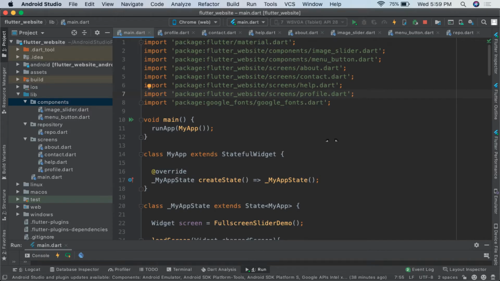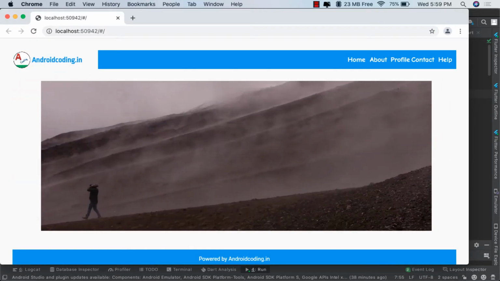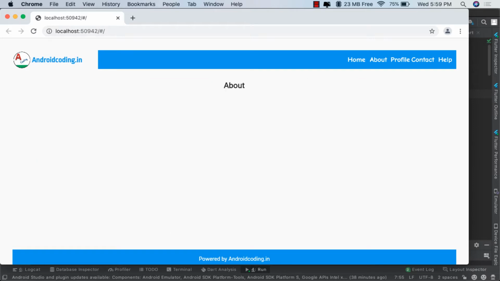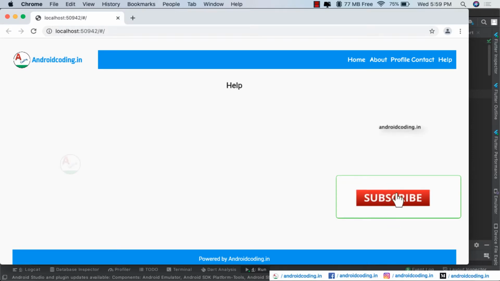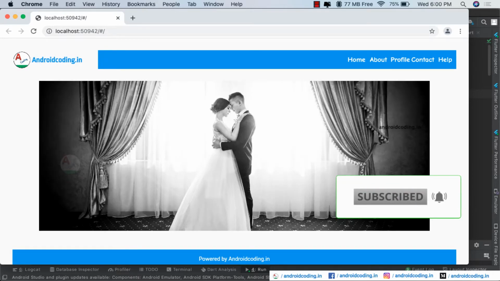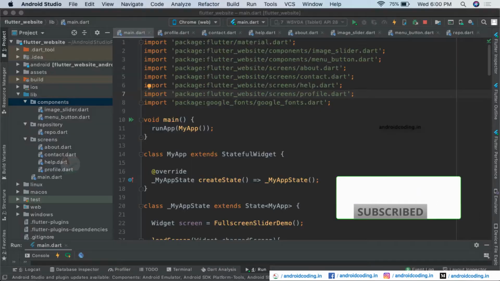So in this block we will try to refactor the code. Once see the output, this is the output for our website. Here we have added screens in our previous tutorial. I am providing the links for the previous tutorials on website creation. If you are viewing this tutorial for the first time, you may go through the tutorials to get a better idea of what we are dealing with in this particular tutorial.